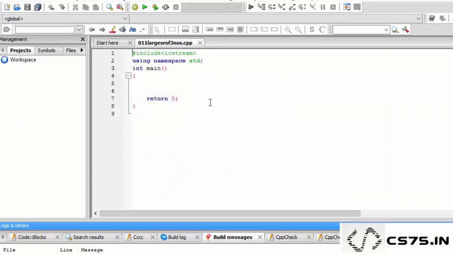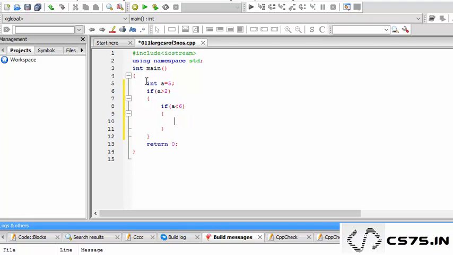Now what is nested if? First, say if I want to check a condition, say I have a number, int a equals 5. Now if I don't know what the number is, then I say if a is greater than 2, then inside this if I put another if saying that if a is less than 6, then what you do, see out